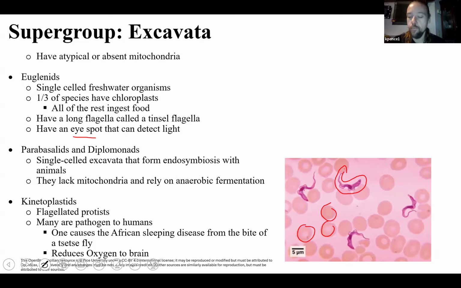What is going on is since they're sapping the oxygen from the blood, there's one organ in the body that constantly needs oxygen nonstop, and that's going to be the brain. Since the brain isn't getting as much oxygen as it needs, the individual is going to go into a coma, and that's why it's called African sleeping disease. It's another protist that's transmitted by the bite of an insect. The tsetse fly transmits this disease. If anybody gets bit by a tsetse fly, the tsetse fly itself, again, isn't affected by the disease. It's just transferring the disease around as it bites other organisms.